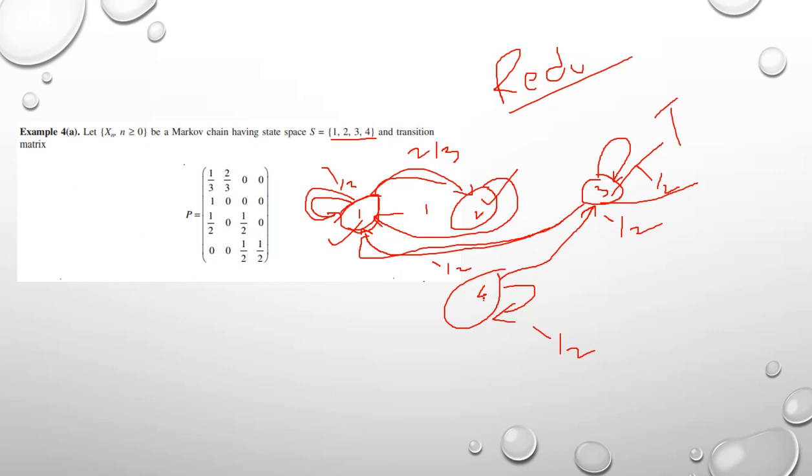When you check for 4 also, 4 to 3 is going, there is no back from 3 to 4, so it is also transient. This type of examples are there. We don't need to calculate all calculations. By seeing the transition graph, you can say if classes are persistent or recurrent, then we can find mu11, mu22 also by applying formulas. You can calculate this.